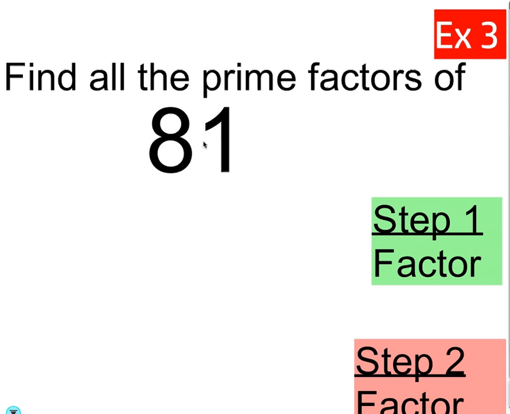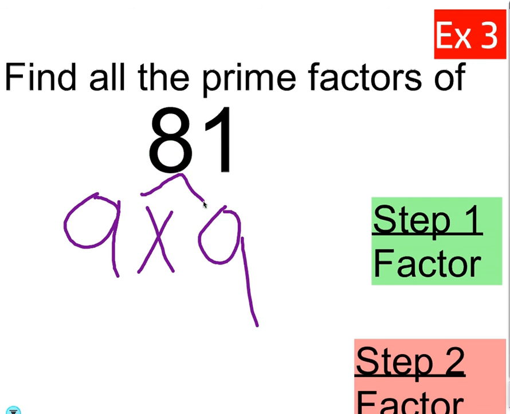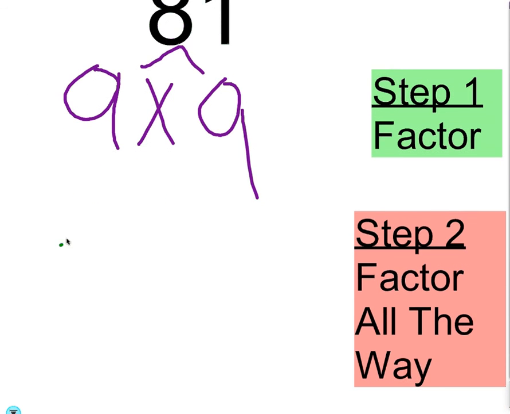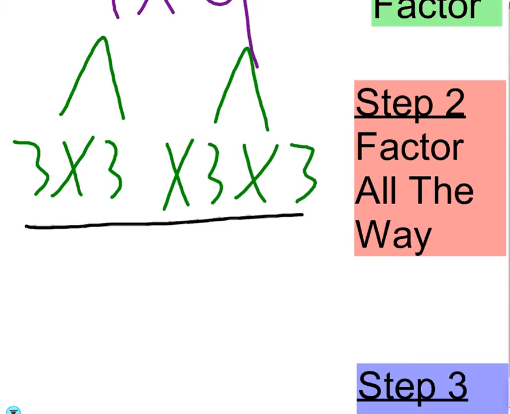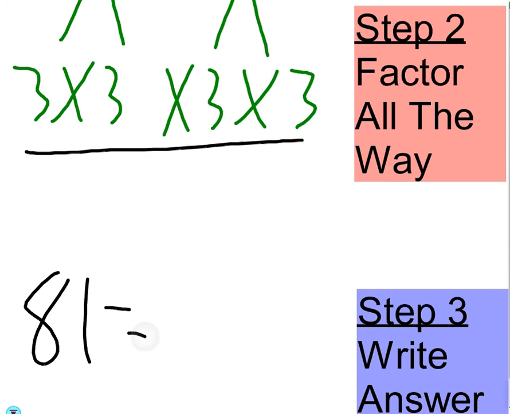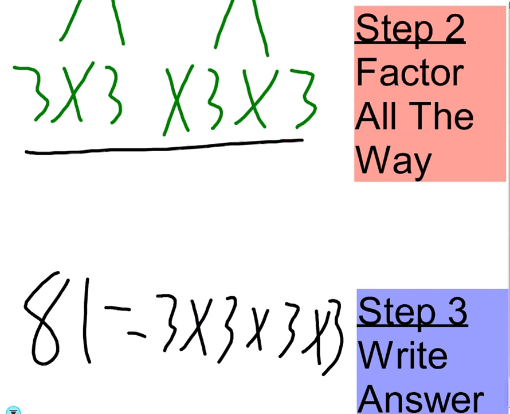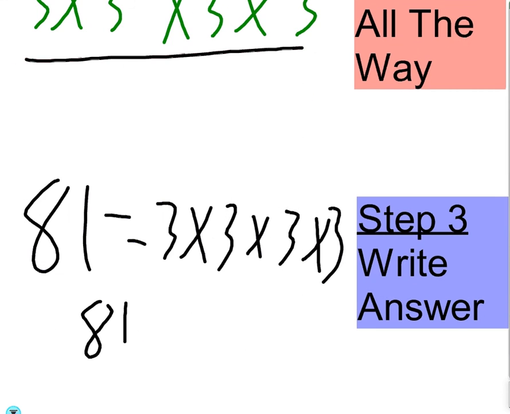Number 3, I kind of just gave this one away. So what are two numbers close to each other that multiply to give you 81? 9 and 9. In fact, they're exactly the same number. Okay? Now we need to factor all the way, so we're going to break this down again into what? Are all these numbers on the bottom prime? Yes. So final answer, 81 equals 3 times 3 times 3 times 3,